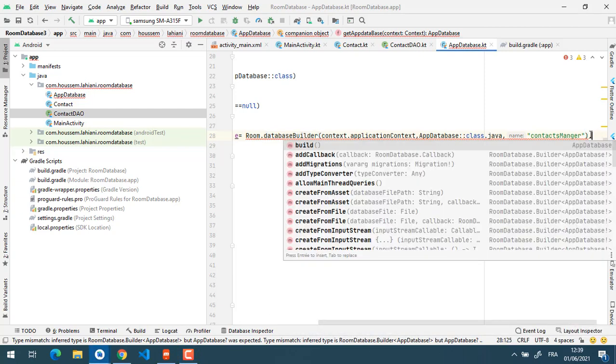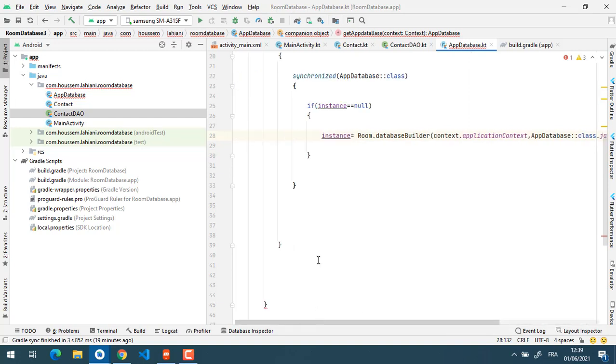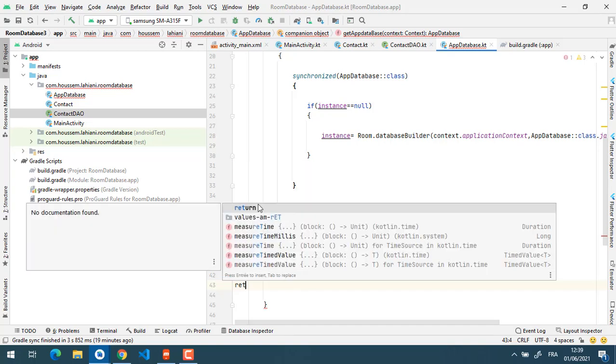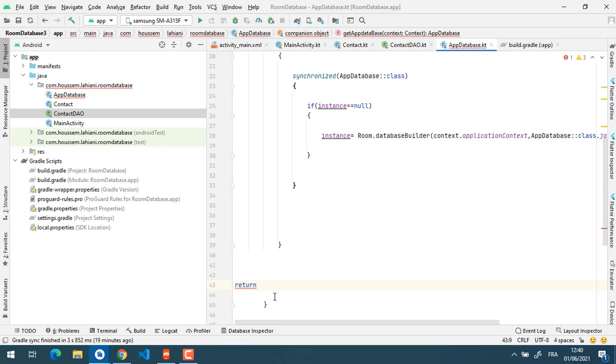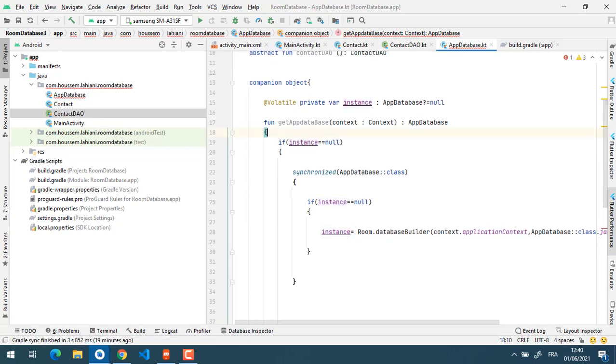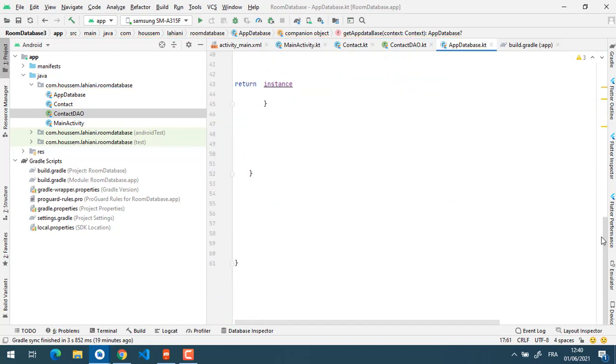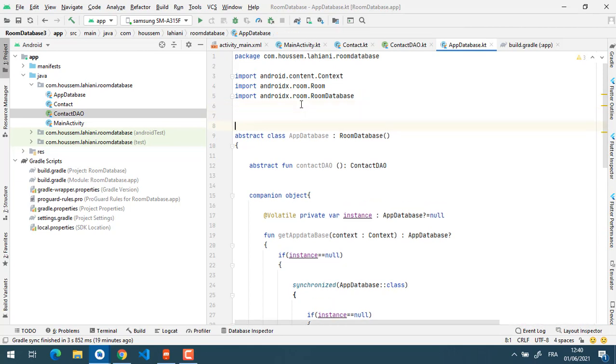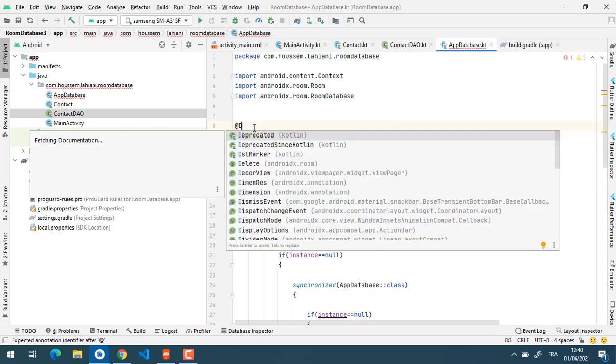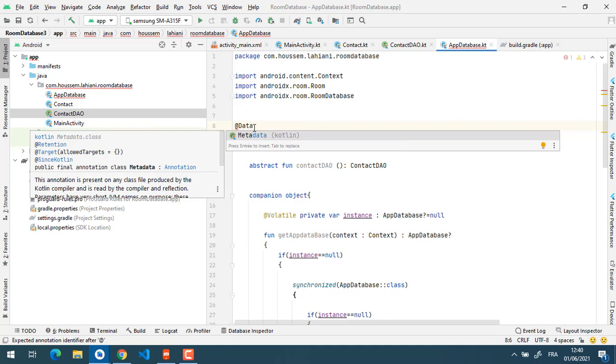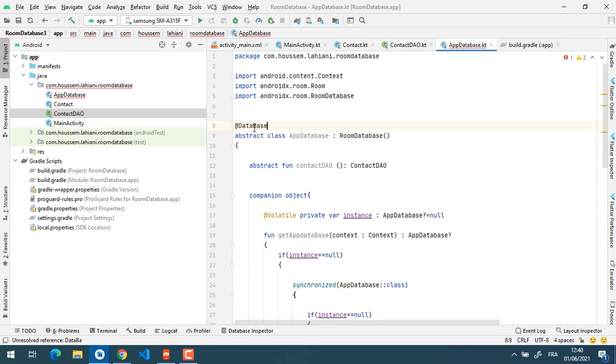So here we must add dot build. We must return instance now. This method should return instance. So here we must add the question mark here. So we must now add an annotation here @Database, we must import it,